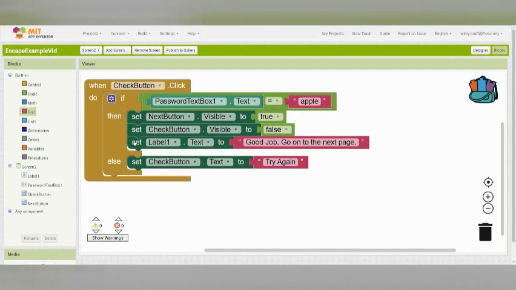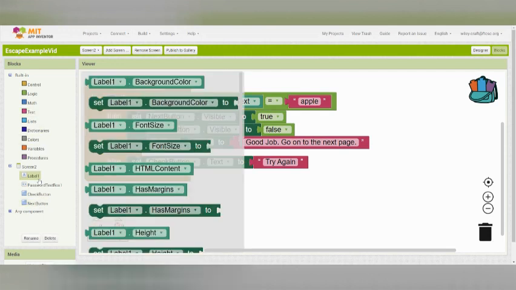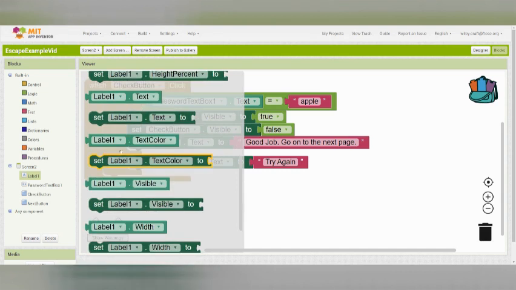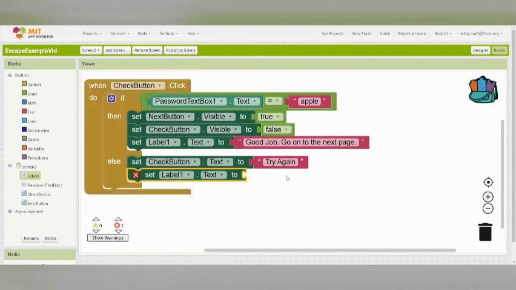And we want our label text to also say try again. And we'll give them a hint too. Try again. The password is